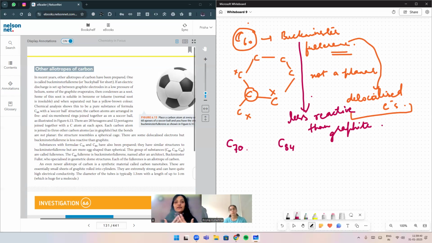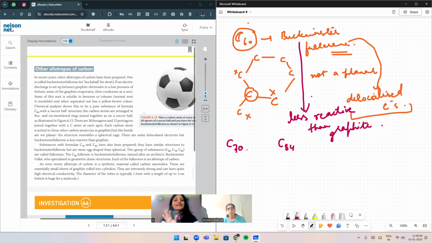After evaporation it undergoes condensation. The evaporation process is followed by condensation, which results in the formation of soot, which is actually unburnt carbon particles,